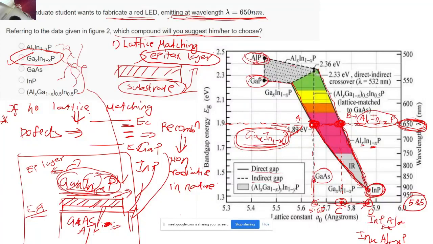Now why are we doing that? Because by projecting those points on the x-axis, we are trying to choose a substrate whose lattice constant will be very close to this projected point. And why do we want to do that? Because we want very little lattice mismatch to happen. Why does lattice mismatch happen? Because if you have a different lattice constant for the substrate, you have a substrate over here and an epitaxial layer that you are trying to grow on top of the substrate, so if the lattice constants are not the same, sir must have told you this, right?